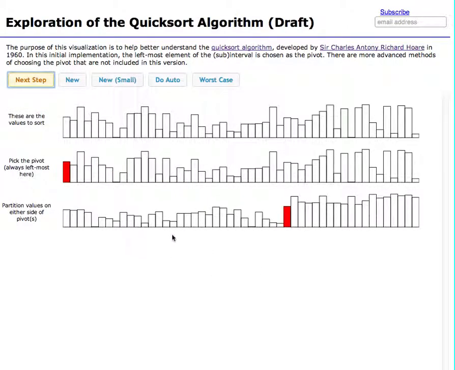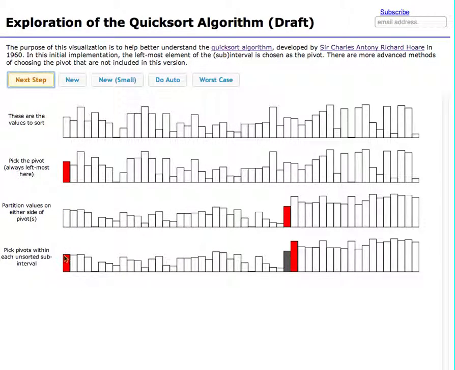here it's moved everybody, or it's found out the relationship of all the other values relative to the pivot. So here's all the guys above it, here's all the guys below it. And what this means is that the pivot is in its sorted position. He's done. The way the method works, it's divide and conquer. It does the same thing over this interval, the same thing over this interval. So if you go to the next step,